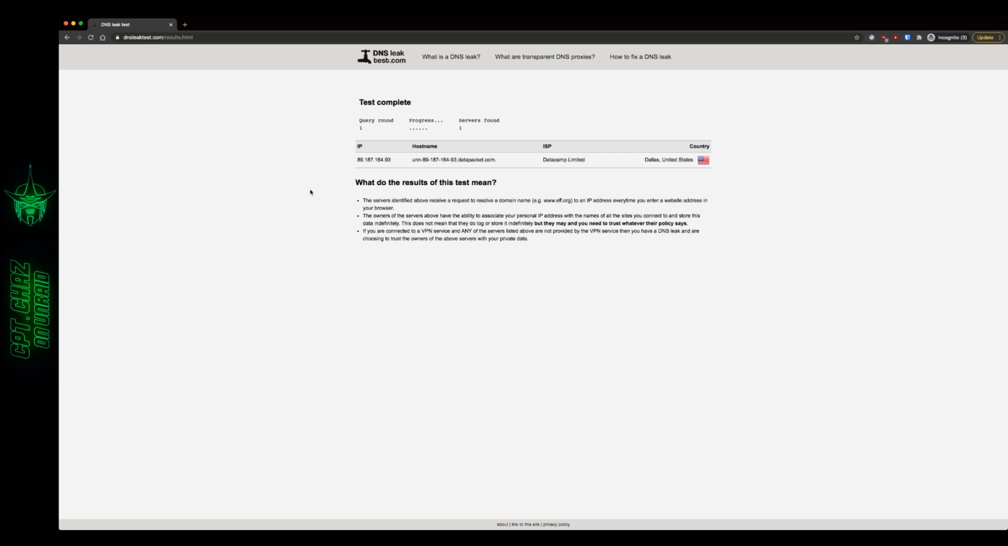Okay. There it is right there. That's the IP address. There's the host name. It's only showing one server. No leak found. Now if we want to double check that result,